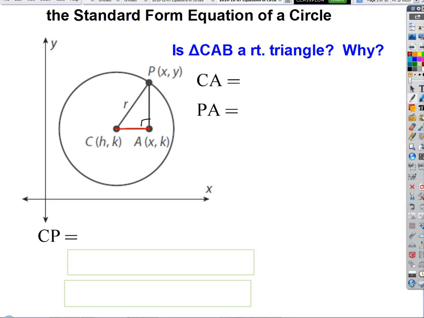If he's traveling from point C to point A, he's traveling horizontally, so notice that the y coordinates are the same. He's not moving vertically at all. All his motion is going to be horizontal, right? He's starting at a value of h and ending at a value of x, right? Now, we talked about something yesterday. If we ever want to measure the change in a value, delta just means change, right? So the change in a value is always just equal to the final value minus the starting or initial